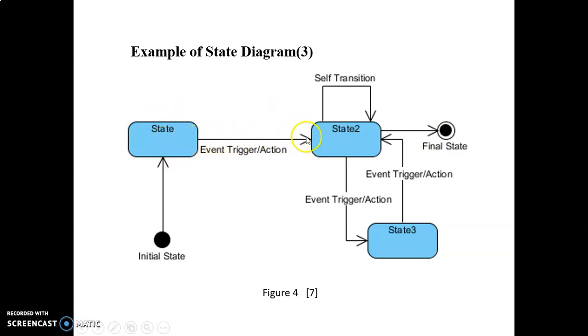This arrow means transition, that means from this state which state it is going to. To represent that you have to use this kind of arrow, and this means the input, that means what kind of message moves one state to another state. To represent that you have to write down those criteria or conditions. So first the state name, then the action performed by that state. Here is a condition by which one state goes from one state to another state. Here is the arrow sign to represent that, and it is the initial state and it is the final state. To represent a state, we have to use this kind of symbol.